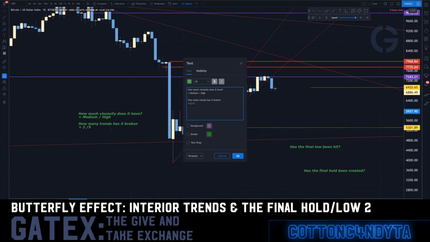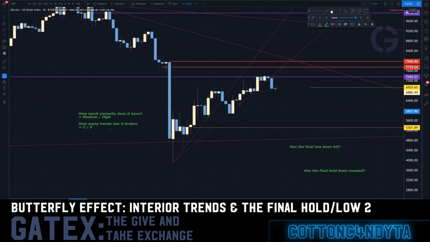Don't assume this 5 is like, 5 times it breaks, and that means X, right? We could break 10 times, we could break 15. This is dictated by legacy events, which we won't talk about today. It's dictated by legacy events. More importantly, here is starting to understand the viscosity of trends and how they work.